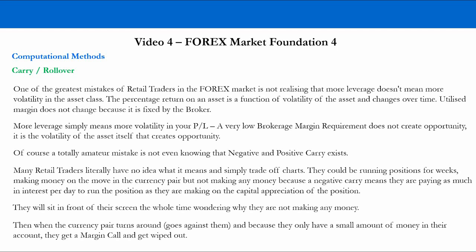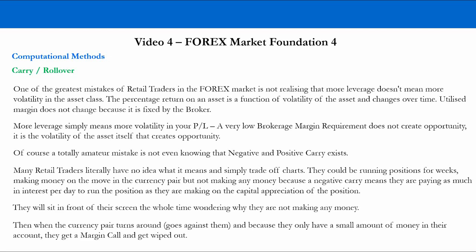And they're just simply trading off charts. And they could literally be running positions for weeks and even calling the direction of the currency pair correctly, but not making any money because the negative carry and the leverage that they're using means they're paying as much in interest or more per day